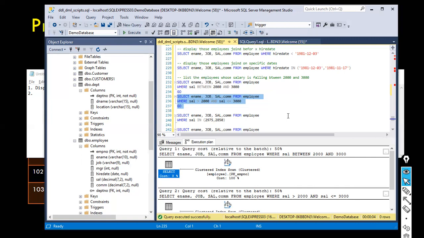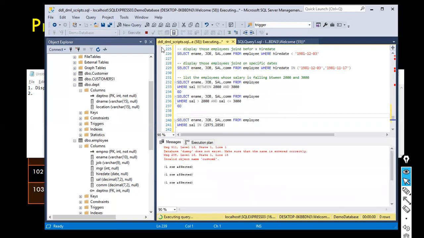Based on the cost, whichever query cost is less. What is cost? Cost is nothing but not in terms of rupees or dollars. Cost here is resources. How many resources did each of these queries consume? What do I mean by resources? Memory, CPU, IO. These are the cost. Anyhow, for the time being, I'm going to